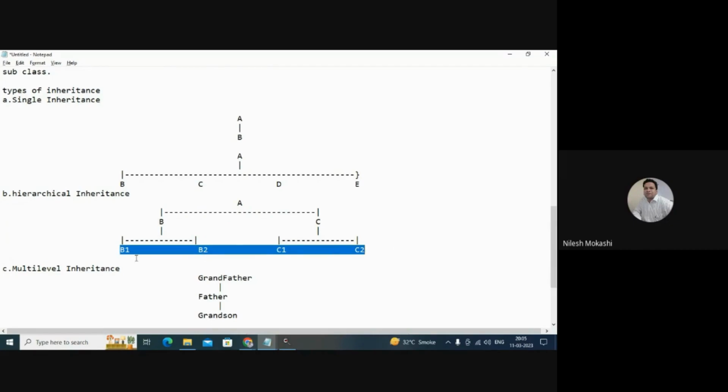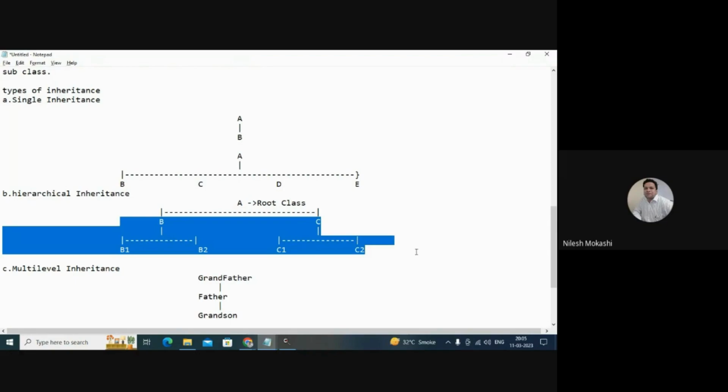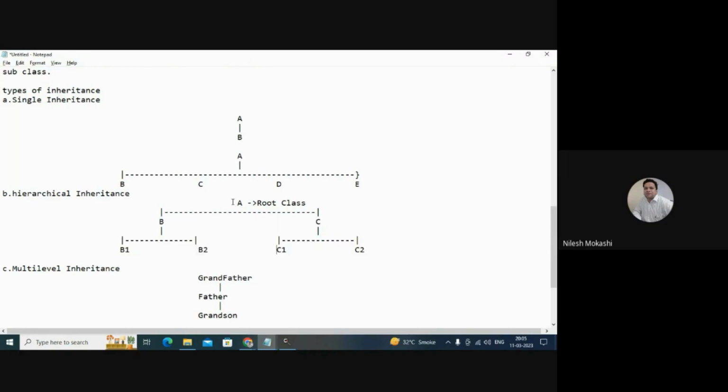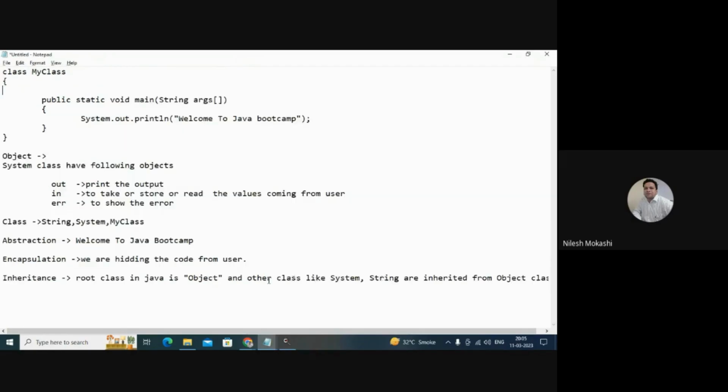The super class for B1, B2, C1, C2 is A. That is called the root class. I was using the word object, which is not correct; you should say root class. So A is the root class for all this hierarchy. Similarly, in Java also, there is a root class called Object. So from the Object class, System and String are derived. That is why I'm using inheritance here also, right?